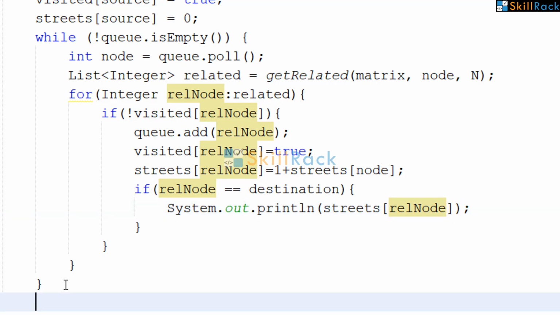So in that case, you can print the value of the streets for the destination node itself, which will obviously be 0. So if a value of 0 is being printed, then it means we cannot reach from source to destination.